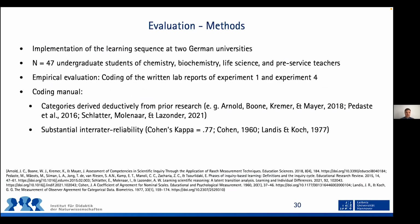It's about the evaluation. Of course, we were interested in the extent to which this learning sequence is suitable to foster scientific reasoning competencies. Therefore, we implemented this learning sequence at 2 different German universities, each time combined with an introductory lab course. And we had a total sample of 47 undergraduate students. And this learning sequence was evaluated empirically